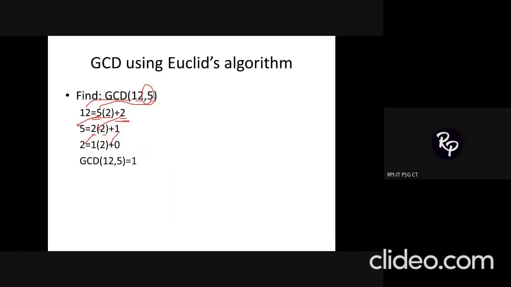So once you have got this remainder as 0, it means that is going to be the end of your iteration. The step which is going to come before this particular remainder 0 will give you the GCD of the numbers. So I got a 0 over here. So that particular calculation which gave me the final answer 0 is this particular thing. So in this the remainder value is going to be 1 and that will be the GCD of the numbers. So the GCD of 12 and 5 is going to be 1.